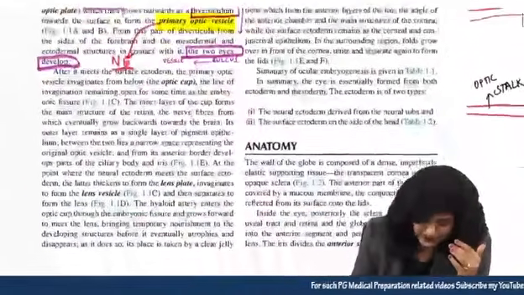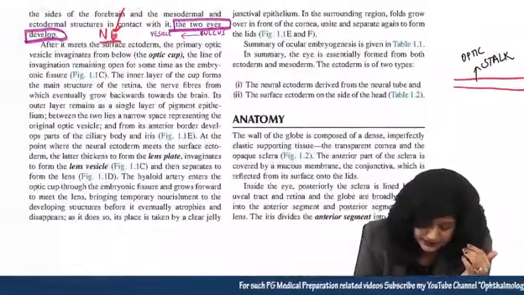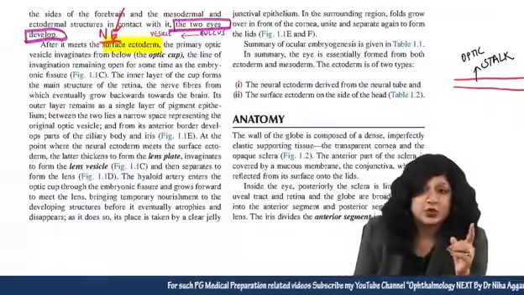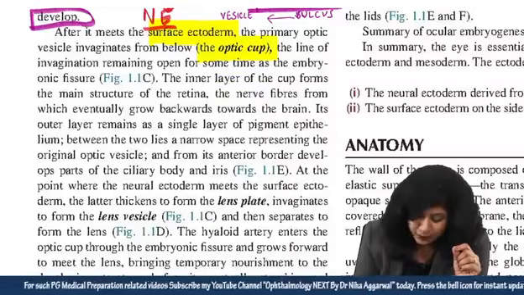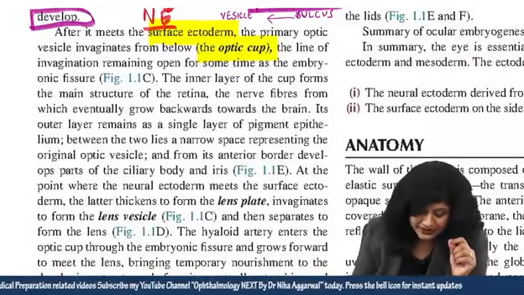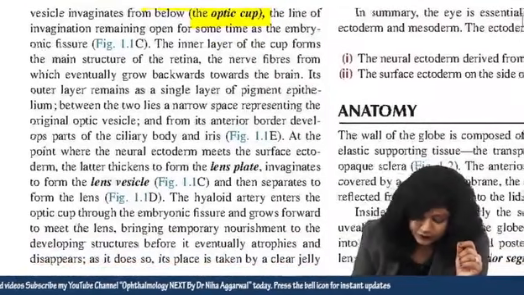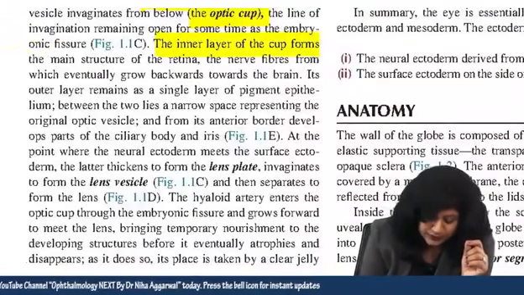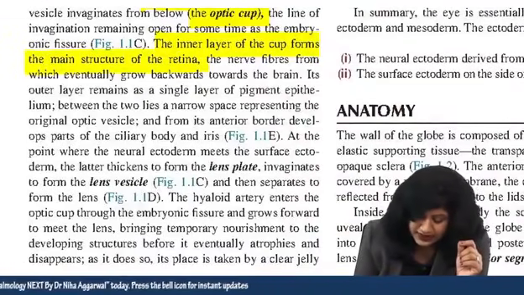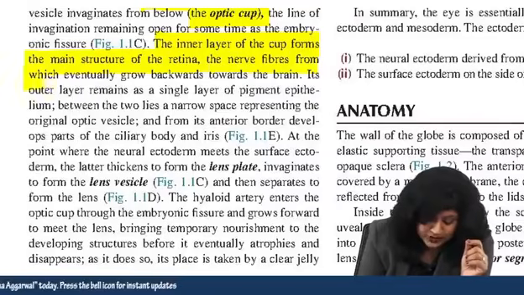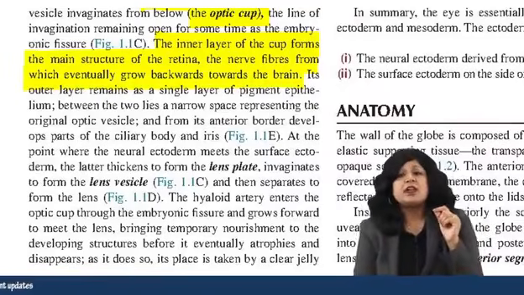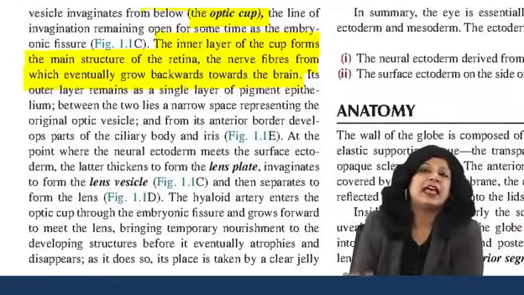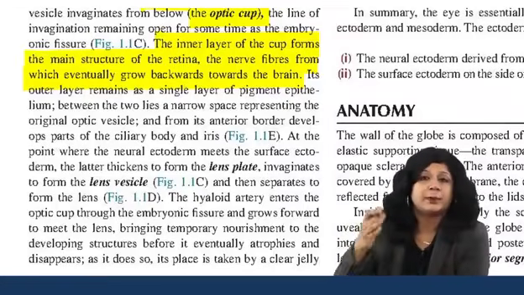What they are saying, after it meets the surface ectoderm that I have already shown you, the primary optic vesicle invaginates, forming the optic cup, right? Now the inner layer of the optic cup forms the main structure of the retina, and the nerve fibers from which eventually grow backwards towards the brain. Now they are telling you the derivatives of this optic stalk, optic cup, lens vesicle